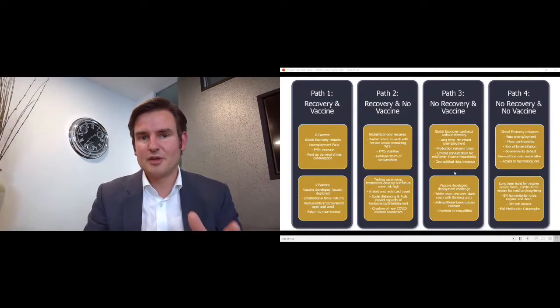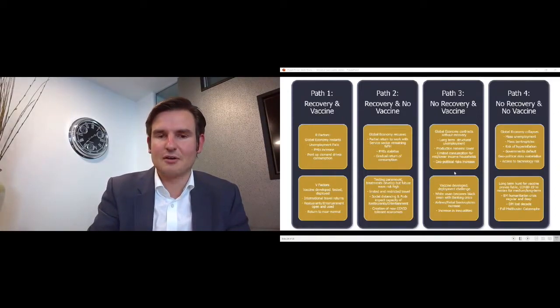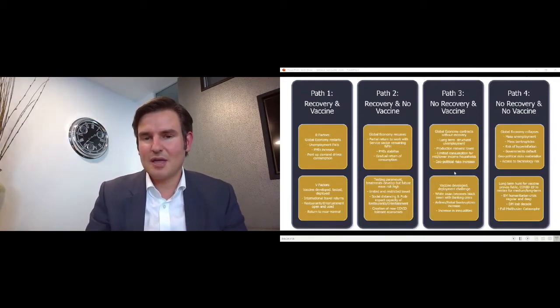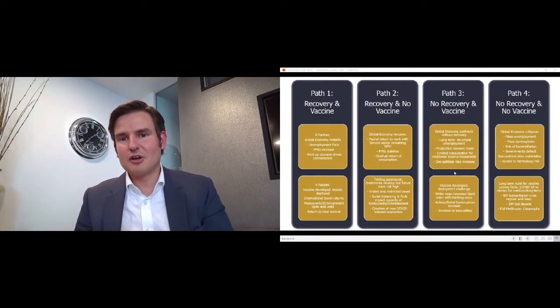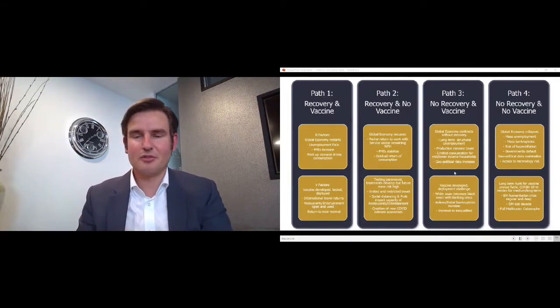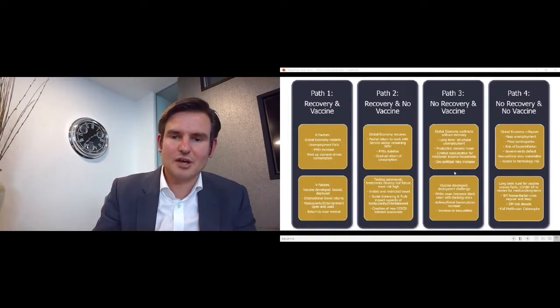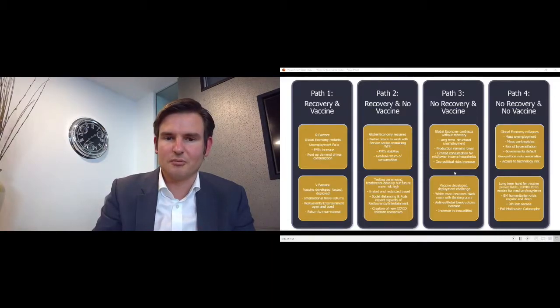I think path 2 is where we may feel we are to some extent from an investment perspective when we look at how equity markets have recovered the lost ground from Q1, but we certainly don't have a vaccine yet. I think path 3 is looking more bearish, and that's where there's no genuine economic recovery, but potentially there is a vaccine, and path 4 would be the most bearish. So I think we'll maybe cover these. We'll keep that slide open whilst we do the Q&A panel session with David and Matthew, and I'll leave it up there as well for you to look at some of the detail in there.